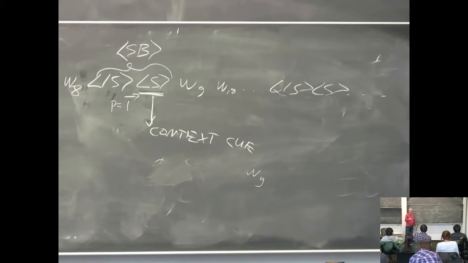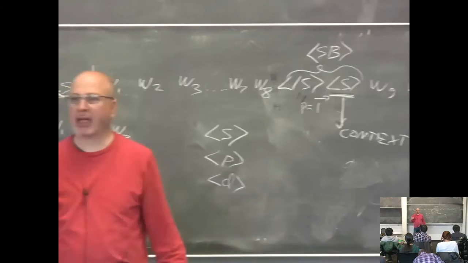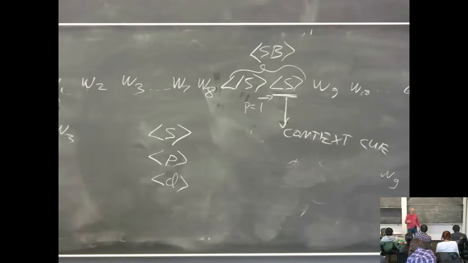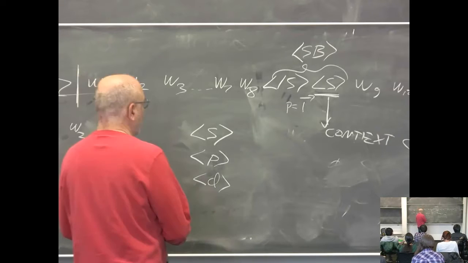So the bottom line for playing with the toolkit is that you should use only a single context queue, and that should be it. There could be other context queues, and I give examples in the documentation. For example, beginning of paragraph or beginning of whole document. If you believe that words at the beginning of a whole paragraph are different statistically from words at the beginning of a sentence which is not a beginning of a paragraph, you can include indications of where the paragraph begins in your corpus. So the corpus would look something like